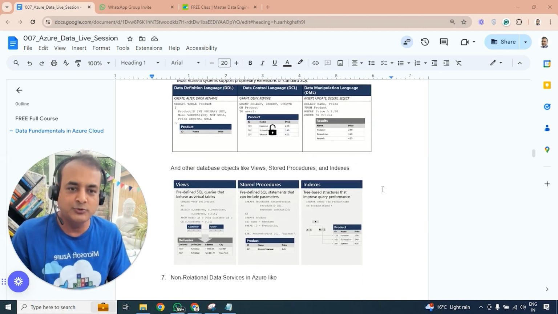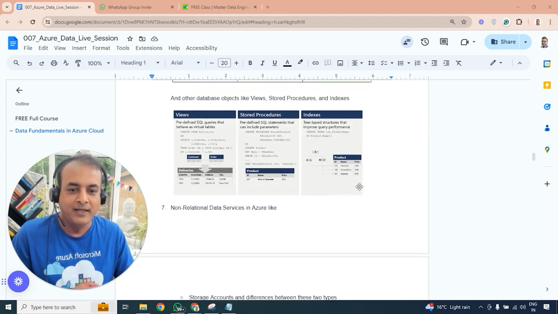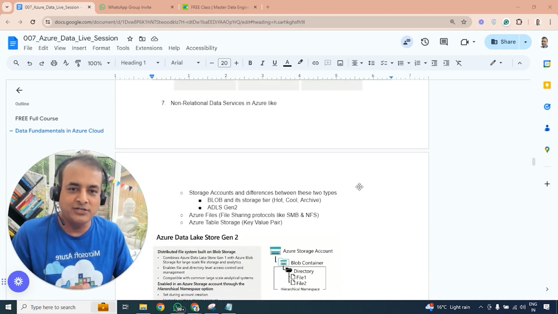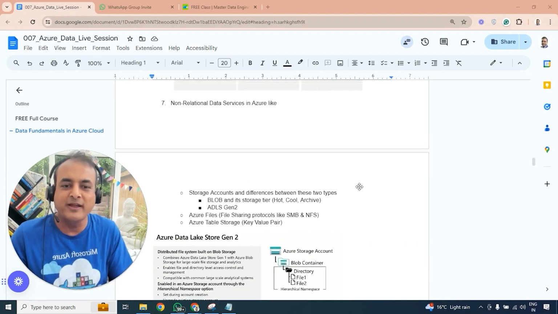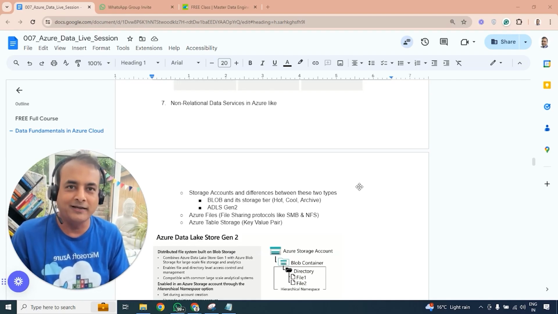We'll also briefly touch base with the more advanced database objects like views, stored procedures, and indexes. Then we're going to look at non-relational data services on Microsoft Azure, like Blob, which could be a binary large object type, and its associated storage tiers like hot, cool, and archive. We'll also look at Azure